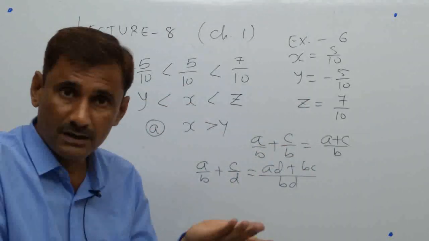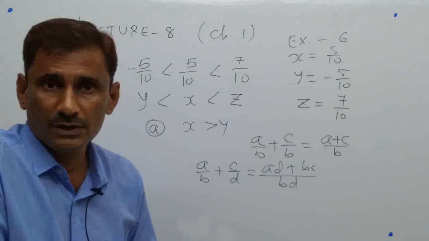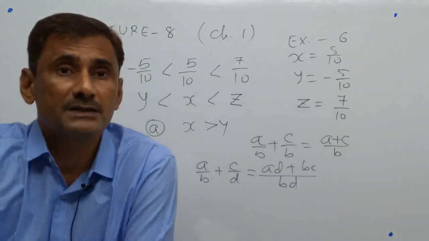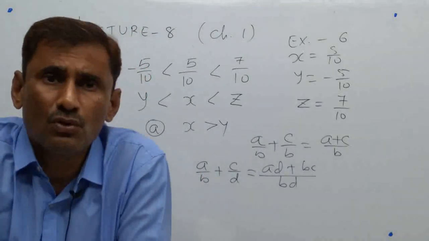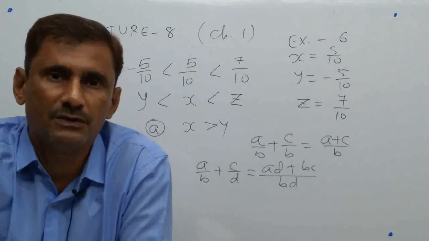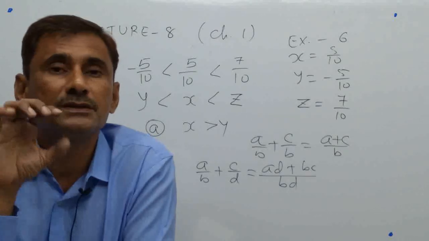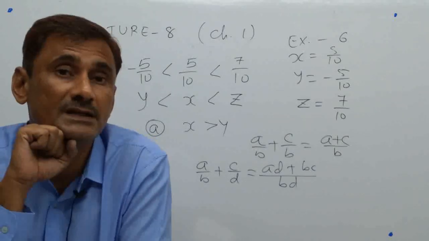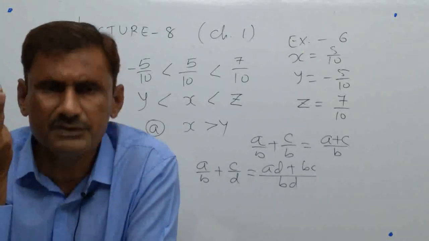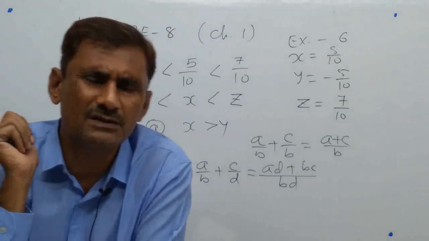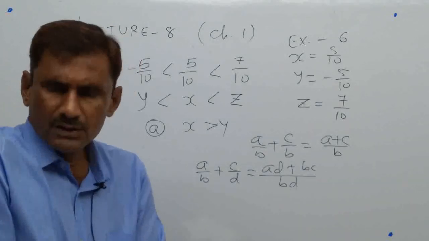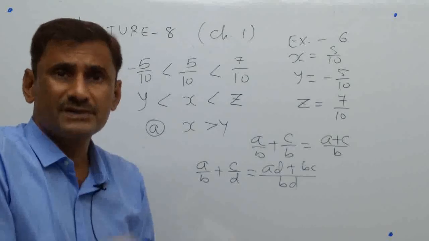If both are from N, then the answer should be in N, natural numbers only. If both numbers are from Z, then the answer should be in Z. If given both or all numbers are from Q, then the answer should be in Q. Meaning the answer should be in the same set only, then we can say closure property is there. So here the sum of two rational numbers is always a rational number. Obviously, if you add any two rational numbers, they are rational numbers. Okay, so that is the property. No need to verify here, just remember it and understand it.